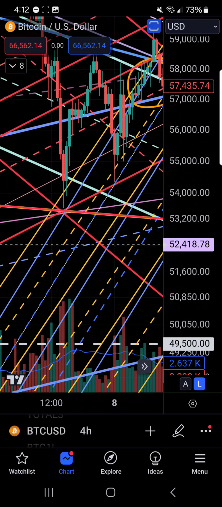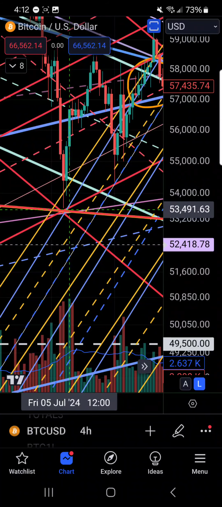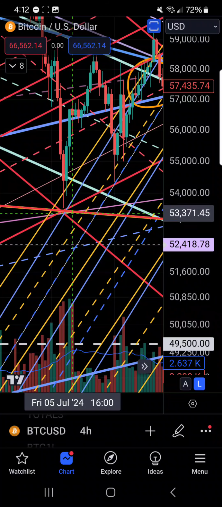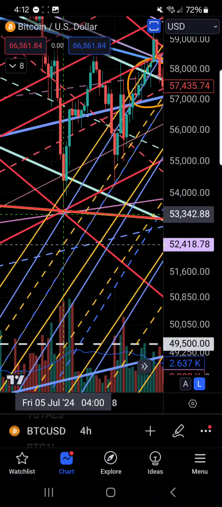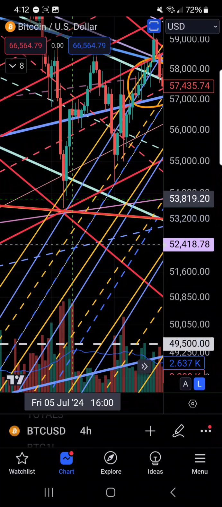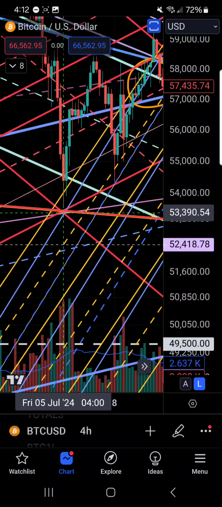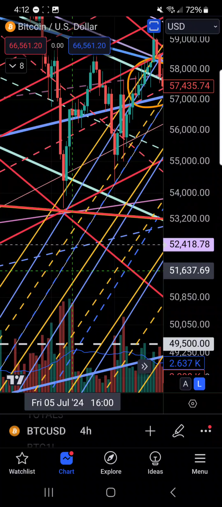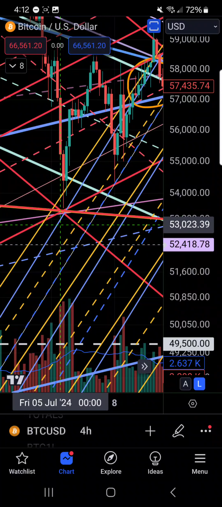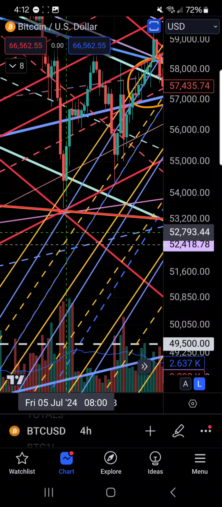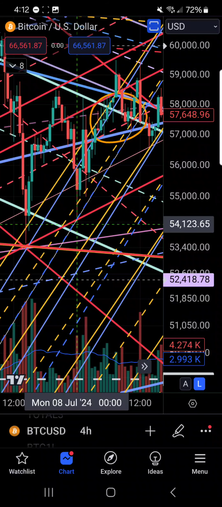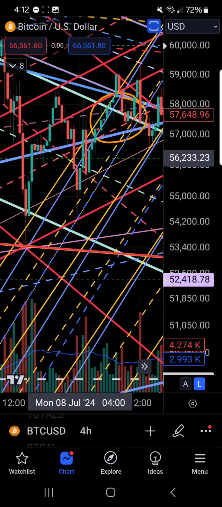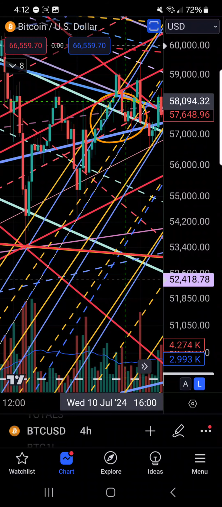back here, this is where we started with the blue parallel channel, the wick of this candle on the 5th of July. Oh, that's our dumpy dump wick. That sits on the top of this blue parallel channel, and we have the center line of the blue parallel channel right here on this candle wick,